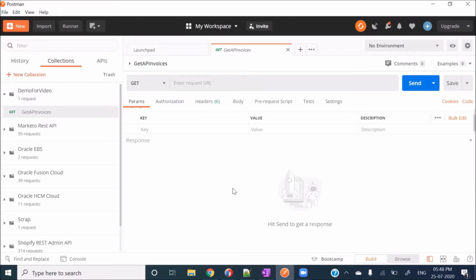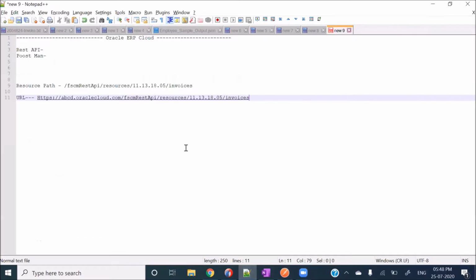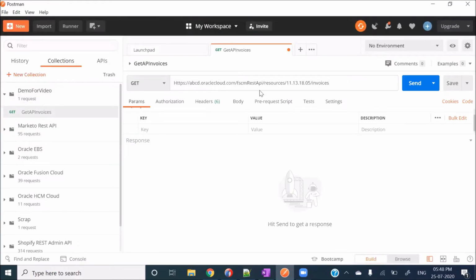Okay, now how you can test your API? You want to test this one, right? So in your scenario, what you need to do is completely copy paste over here. This is the resource path which was provided directly by Oracle, and as I told you, this should be the URL of your instance. Okay, so here I'll be posting one URL of my instance which I have, and I will not show it in the video. So here you can post your URL base. So now I have pasted the URL of my Oracle instance.